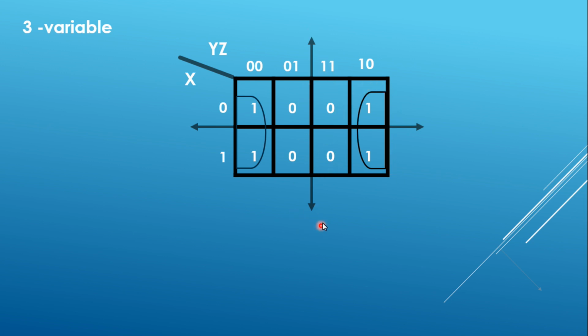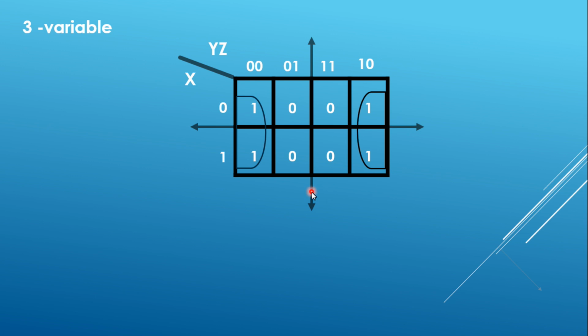Because the map is folded on the vertical line and it is also folded on the horizontal line, you can imagine these two ones will fall on top of these two, and because it is also folded on the horizontal line, the 4 ones will actually form a pile. So they will belong to a single group. So these 4 ones have to be combined together. I say have to be because it is better to have the maximum ones in a single group, because we are using the Karnaugh map for minimization of a Boolean expression.